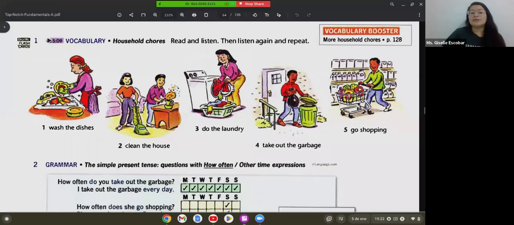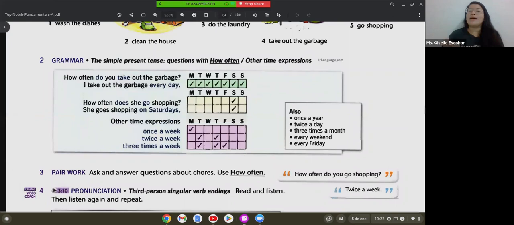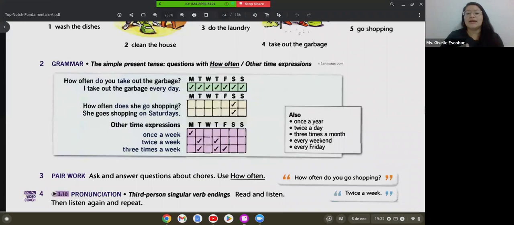I want you guys to write the answers of your classmates. Entonces, vamos a preguntar y vamos a escribir las respuestas que nos den nuestros compañeros porque más adelante en una actividad nos pide que hablemos sobre qué tan seguido nuestros compañeros hacen las tareas, right? Recuerden que tienen que escribir las respuestas también, por favor. We are going to work in the breakout rooms para que no nos tome tanto tiempo y así vamos a estar hablando y escribiendo fácilmente sin interrumpir a nuestros compañeros.